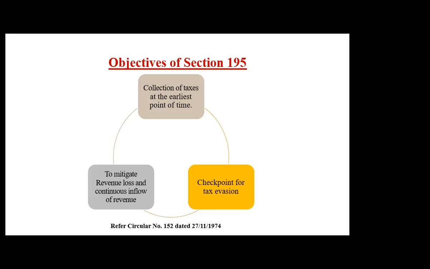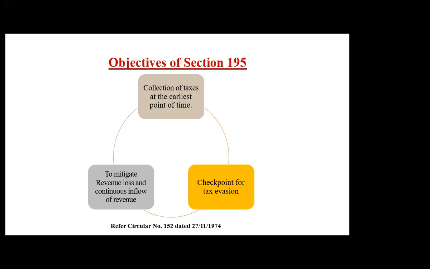It is basically dealing with payments to non-residents. This is the only section which deals with whenever we are going to deduct taxes on payments to a non-resident. Section 195 comes into play. This is one of the most important and the hottest topics, as already said by Amit ji.